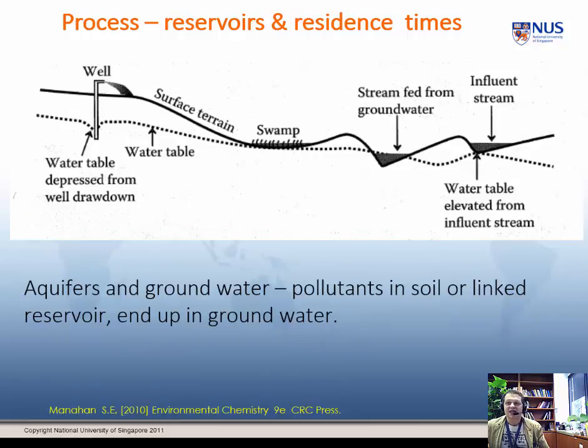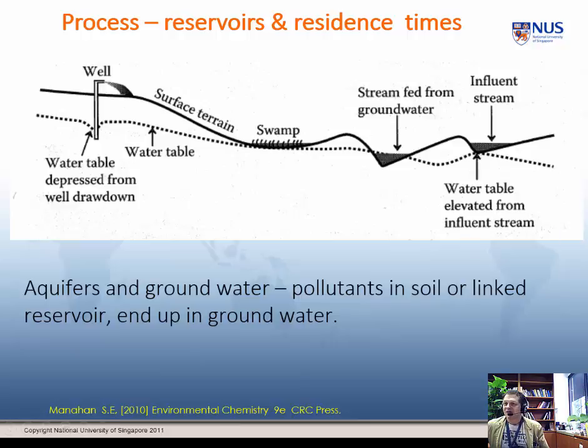And again, simply underlining the last slide. Wherever you have surface water, that is where the groundwater or the aquifer water table is. And I'll leave that with you. So you have streams, you have a well there, and again, you've got depression of the water table. The point is, anything that is in the soil will probably get into the surface water. If it gets into the surface water, it will probably end up in the aquifer, that is in the groundwater.